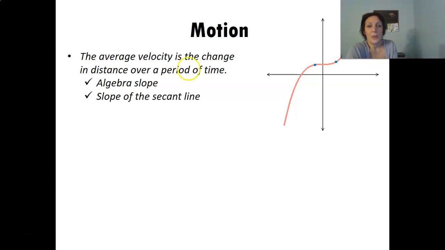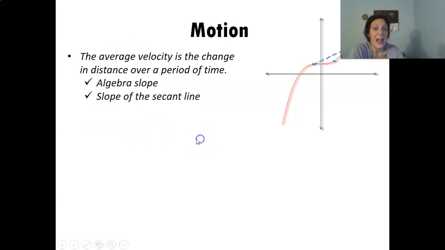Okay, so we said earlier that average velocity is a change in distance over a change in time. This is your middle school science class speed or velocity, right? It's an average. So if you look at this little graph here,